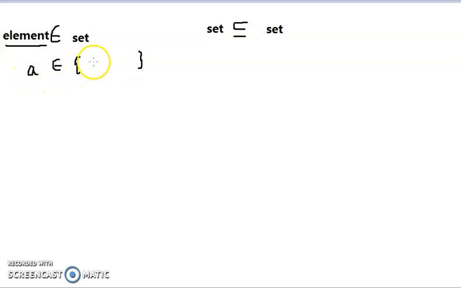So when A walks into this house or room, A becomes a member or element of the set. We can have A as the only element, but we also can have other elements, either numbers or variables and other things. But because an element could also be a set,